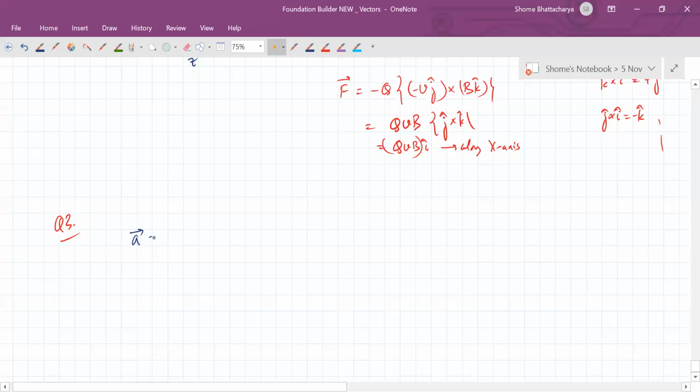So vector A is given to us. Vector C is given to us as